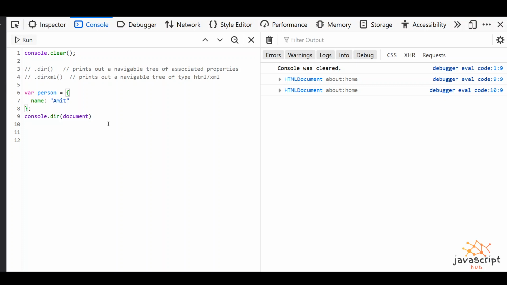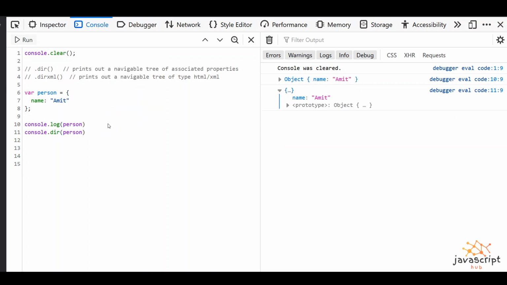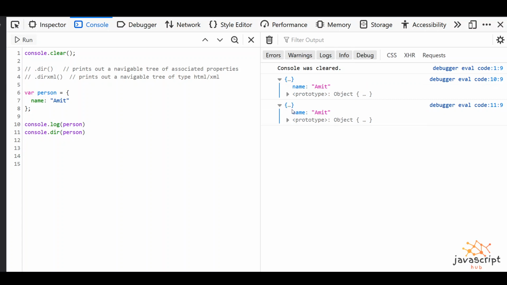Log actually works with toString methods. So let's say console.log, and I similarly have person. Person and person both have a similar kind of implementation, because the browser plays a very big role while printing this value.